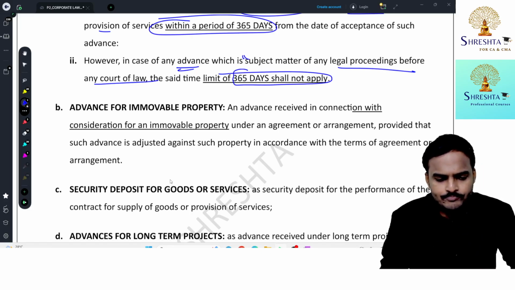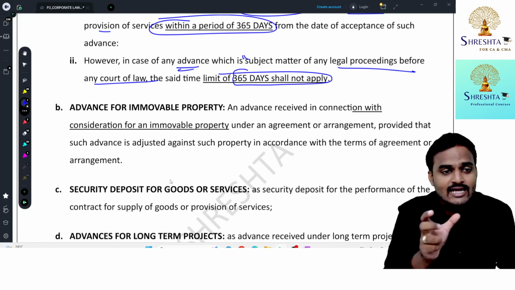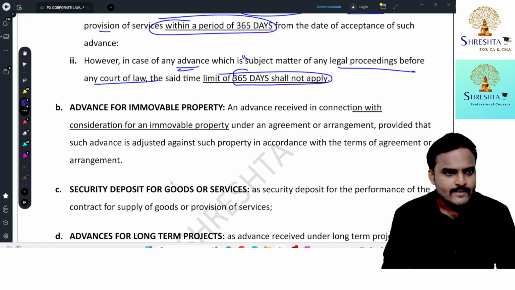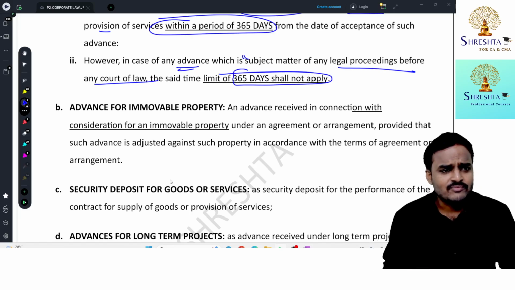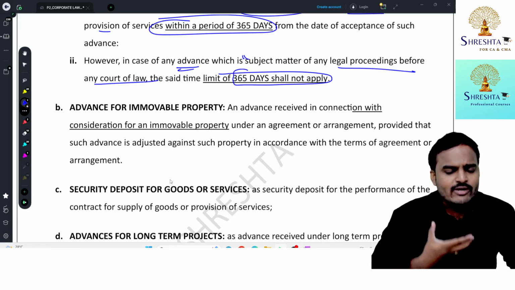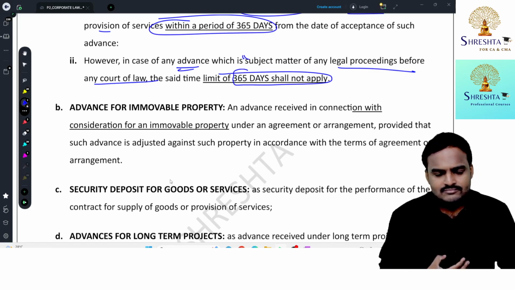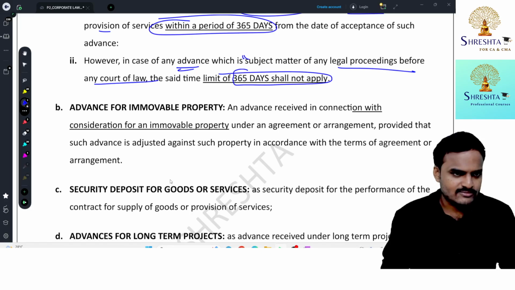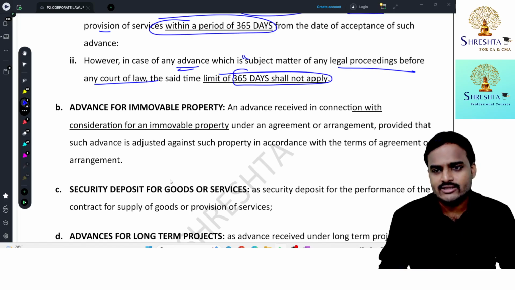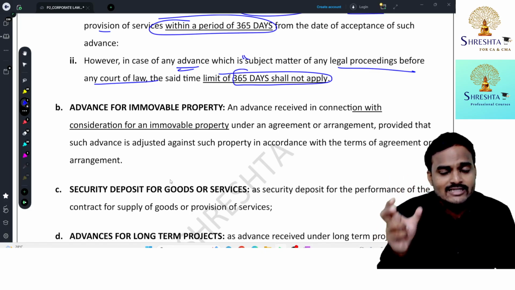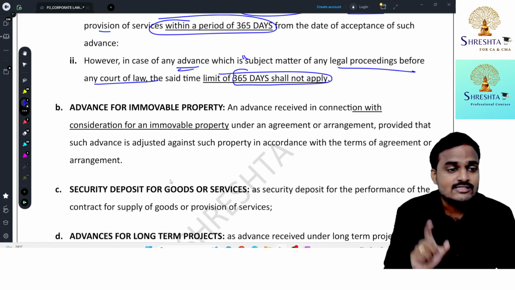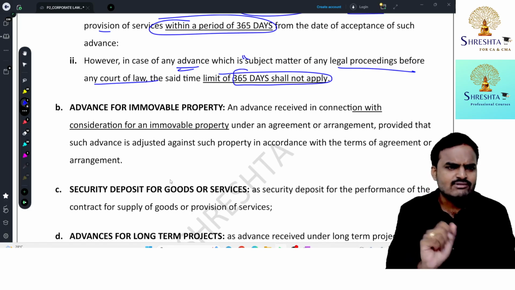No. See, under GST, you will get clear-cut clarity with respect to immovable property. Generally, GST is not leviable on immovable property. However, during construction, before completion of the project, if a company receives an advance from the customer, then the company is liable to pay GST. The builder is liable to pay GST on it. It's like provision of service. What is the GST Act presuming? The GST Act is presuming it as a sale of services. Construction is obviously a service, no?